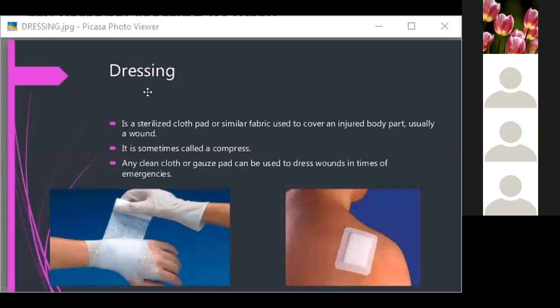Write down these 3 points. You will have to write all this in your practical copies. Finish writing?